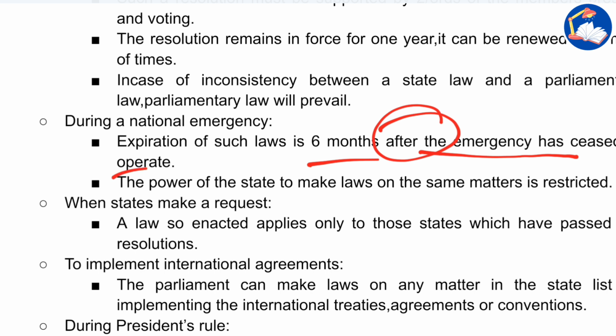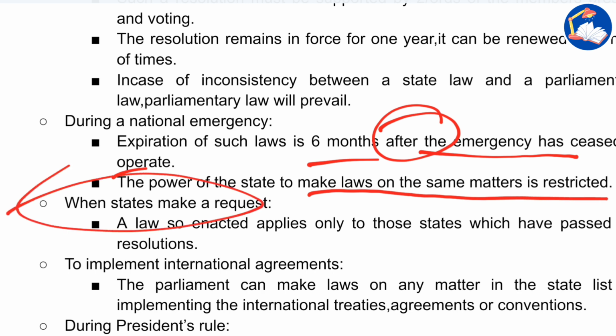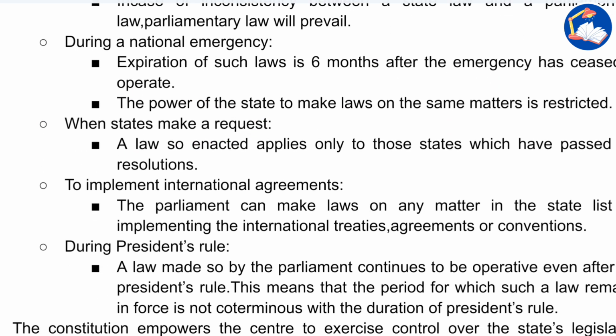The power of the state to make laws on the same matters is restricted. Now, the third case is when the states make a request. A law so enacted applies only to those states which have passed the resolutions. Now, the fourth case is that to implement international agreements, the Parliament can make laws on any matter in the